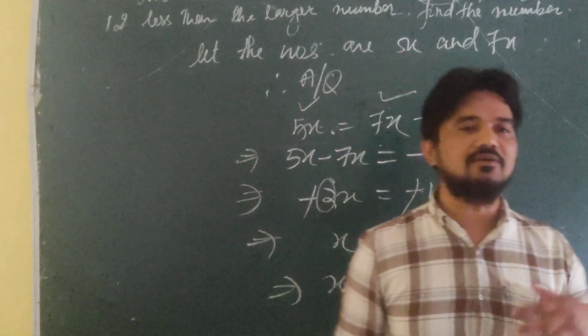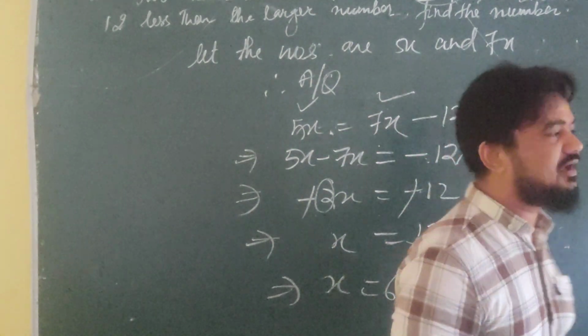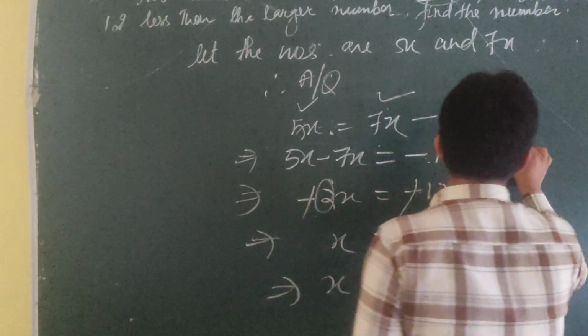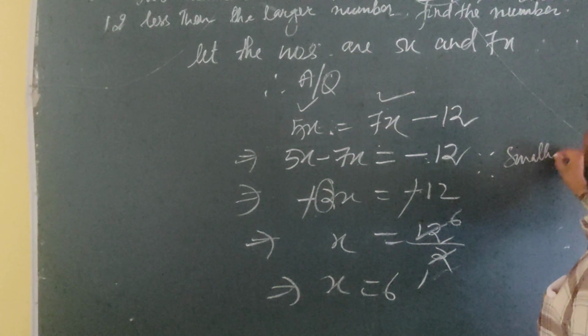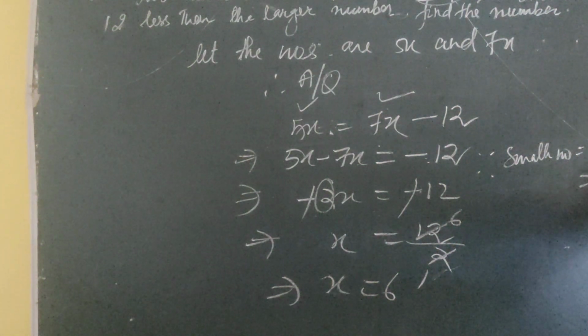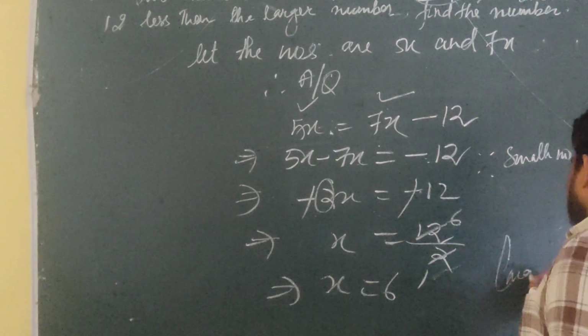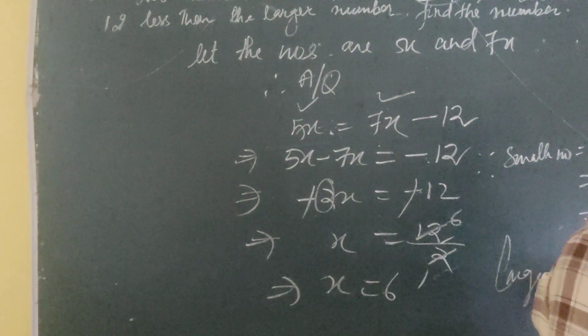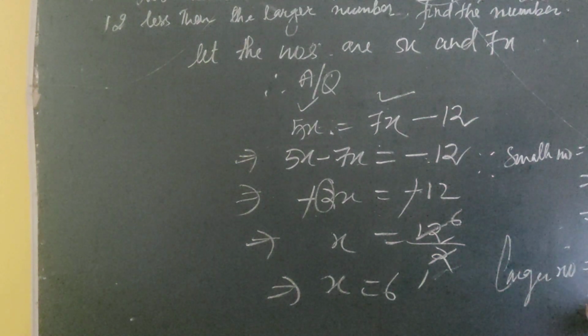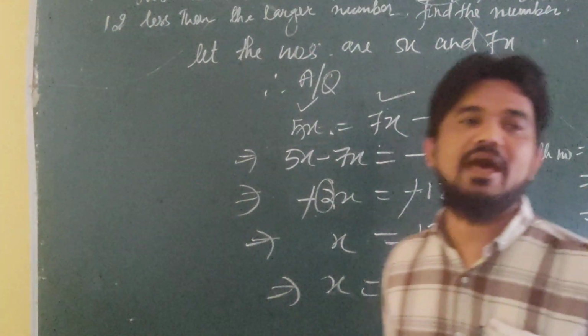After getting the value of x as 6, we came to know what the smaller number and the greater number are. So the smaller number is equal to 5x. What is the value of x? We got 6, so 30. And what is the larger number? The larger number is equal to 7x, that is 7 into 6. 7 sixes are 42. In this way you have to solve the